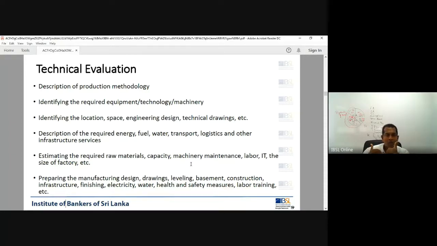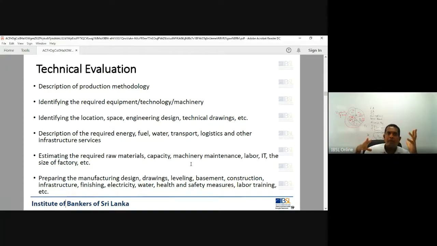If you install it in Colombo, you have to find accommodation, the cost of living is high, so your salaries have to be high, all those things. Because you can easily transport the finished products. Whereas